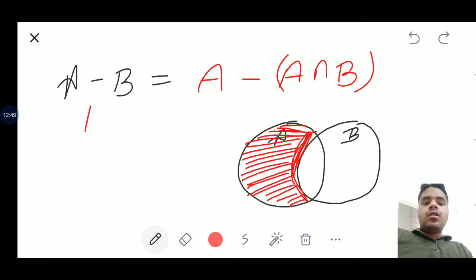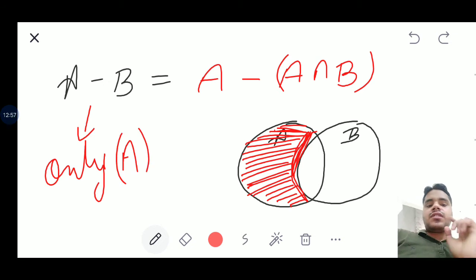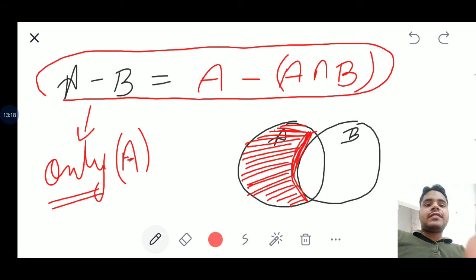This is also used in word problems, that is, only A. If a question is asked to find the number of people who read newspaper in only Hindi, out of those reading newspaper in Hindi and English, then when the word only comes up, you have to proceed in this way. This would be our next exercise. Tomorrow we will start the word problems related to sets. So are you getting the concept of only A?